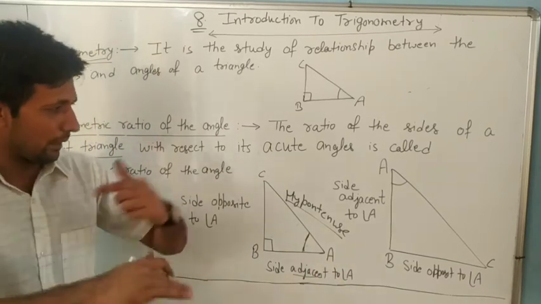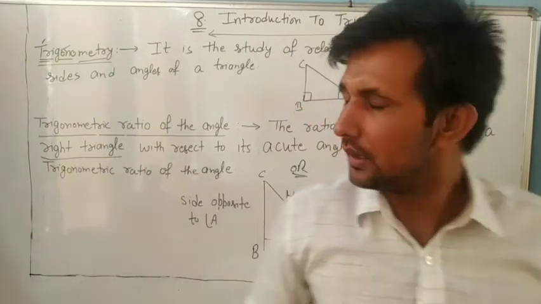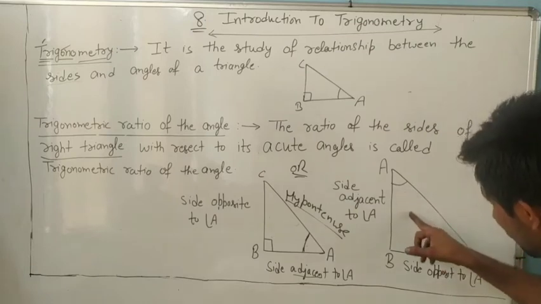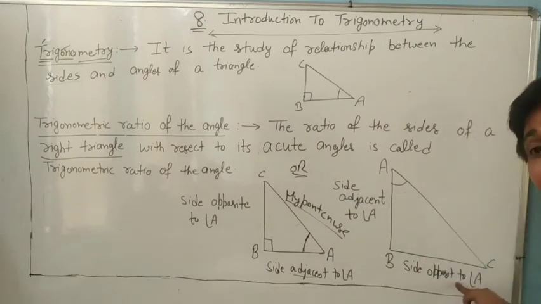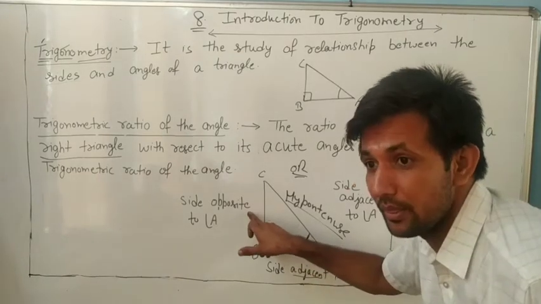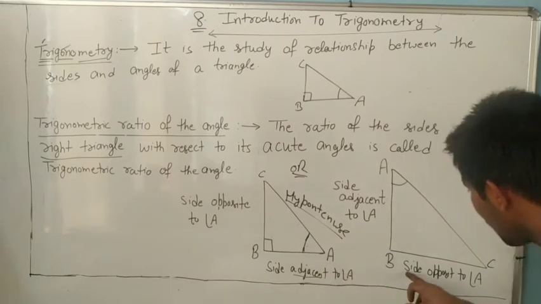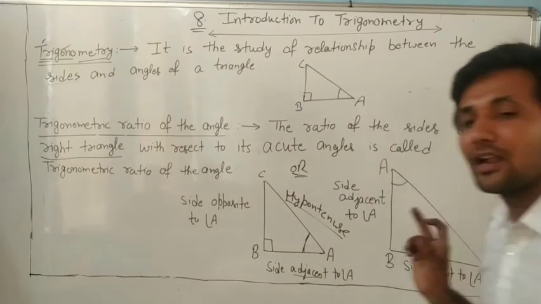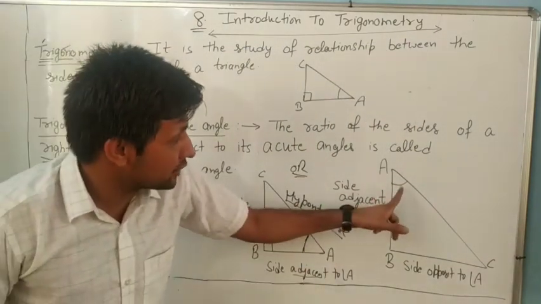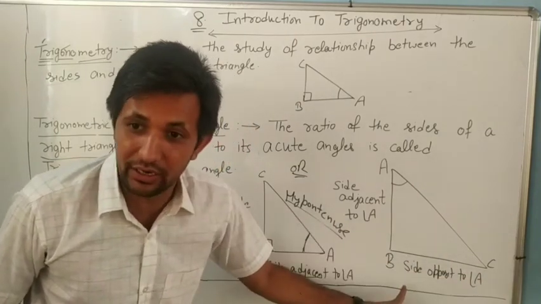Look at here, one more. Maybe angle A is here and this is C. Now what is the name of this side? The side opposite to angle A. Look, if A is here, then the opposite side is this one. But here this side is adjacent to angle A. So now you understand which side is opposite to the angle: opposite of angle A, this side, side BC. Okay, dear?